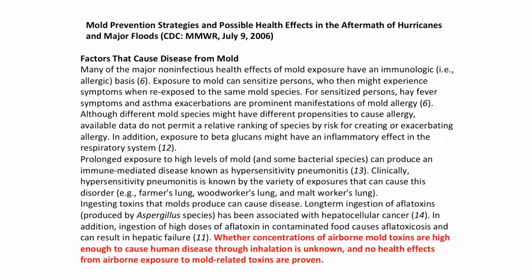So this is an interesting paper. This actually came from CDC's Morbidity and Mortality Weekly Report. And note the date there is July 2006. So this was after Hurricane Katrina in New Orleans. And I've highlighted in red there at the bottom what CDC says: whether the concentration of airborne mold toxins are high enough to cause human disease through inhalation is unknown. And they indicate it's not proven, and they've suggested it's unlikely. To my knowledge, in the last decade or so since then, they've not really changed their stance on this, that mycotoxins actually may not really be important. We would beg to differ and show you some data, as you've already heard,